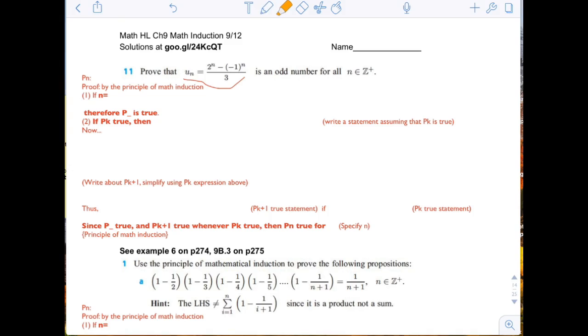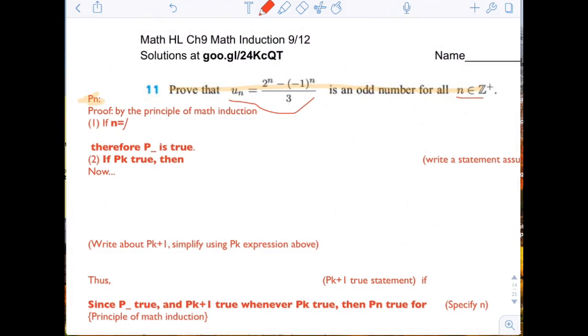Okay, so first we want to write that the proposition subscript n is this. I'm going to write that down. And then the first n value is 1, so if n equals 1, what do we know? We know that this is odd. So we could write u subscript 1 equals 2 to the first, minus negative 1 to the first, divided by 3 is equal to